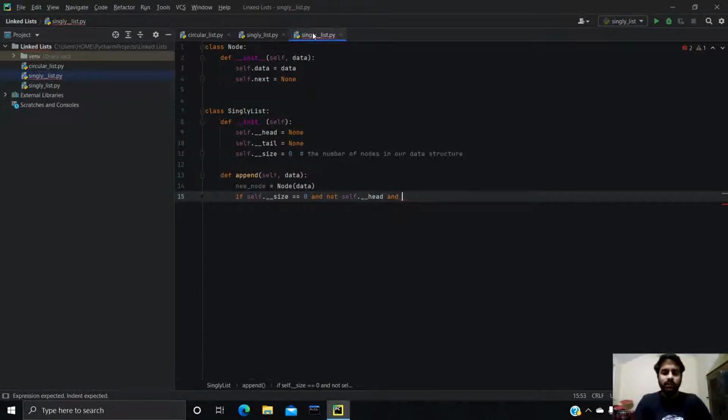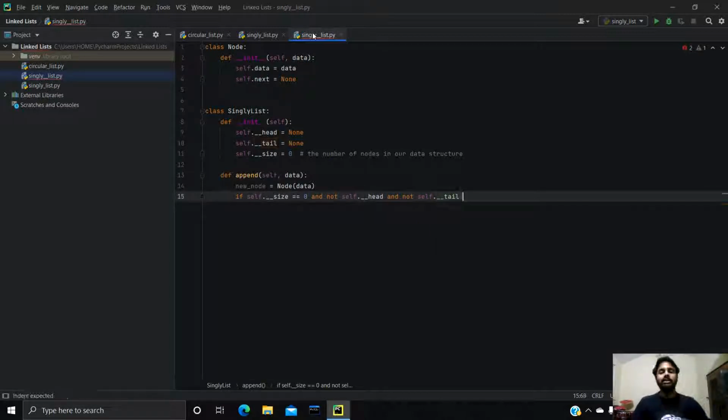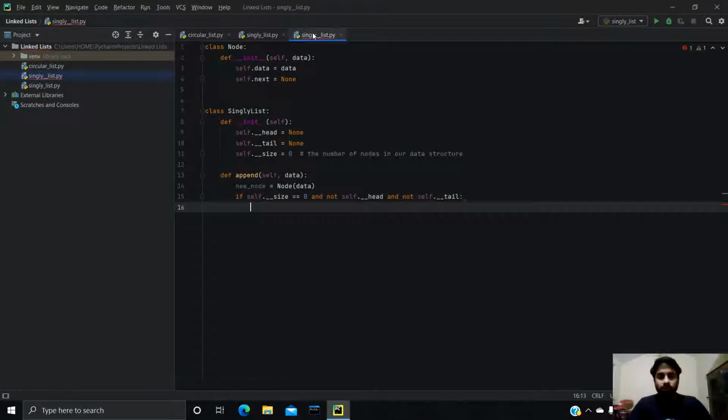You can just use size variable only, it's upon you, and not self dot tail. So this line will check whether the size of our list is 0 and there is no head or there is no tail. Okay. So when all these three conditions are true,